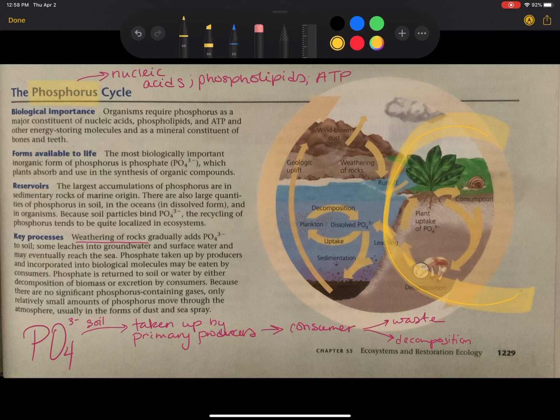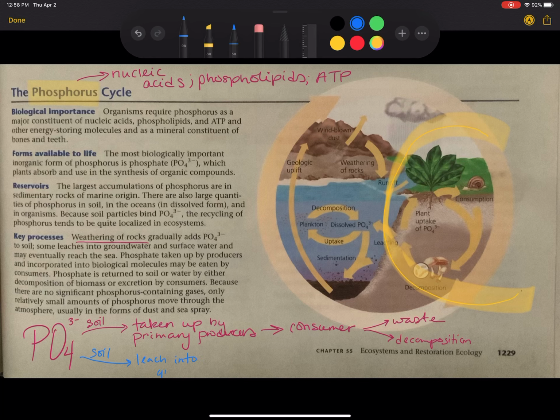If we now take a look at phosphate ion, not through a terrestrial ecosystem, but through the marine ecosystem, then now, once again, I'm going to start with just phosphate found in the soil because generally we're adding it through the weathering of rock process. And so this is going to get dissolved into some sort of marine life in the form of looking at just the water. And so the phosphate in the soil is going to essentially leach